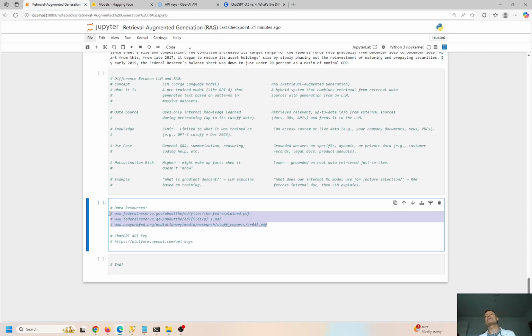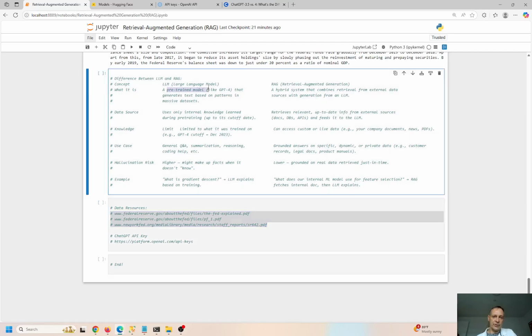What else? Like I already alluded to, any kind of SharePoint files, any kind of PowerPoint decks, you dump that into the folder. The RAG is going to go through, understand all that, and you can ask any questions you want, and you'll get very accurate responses. So again, the LLM, large language model, is pre-trained, uses only internal knowledge learned during pre-training, with cutoff